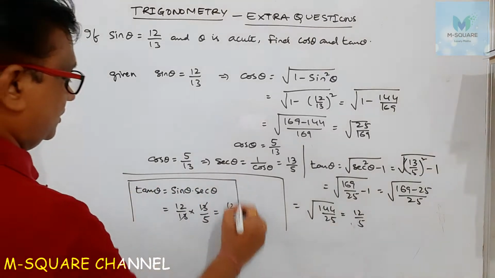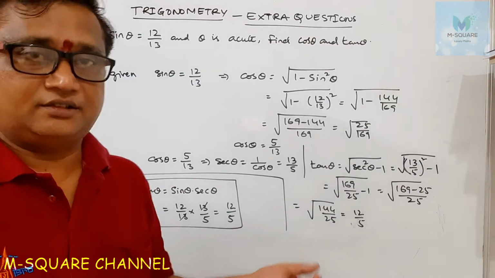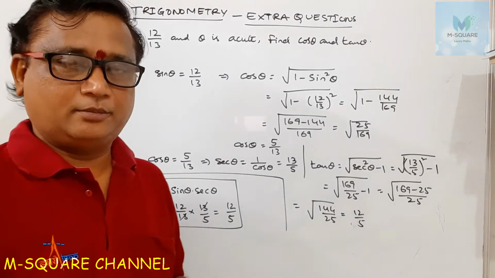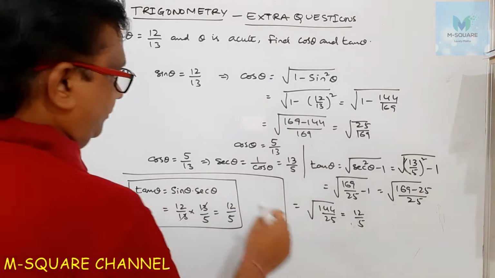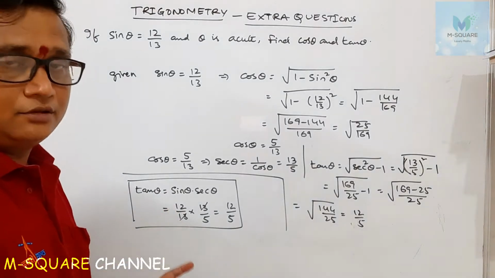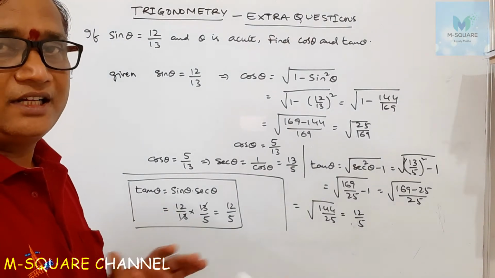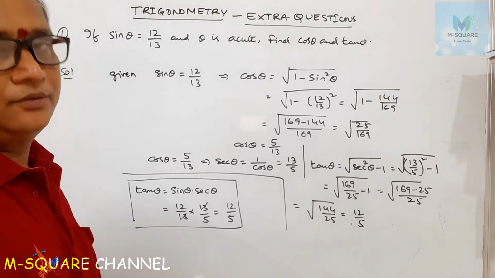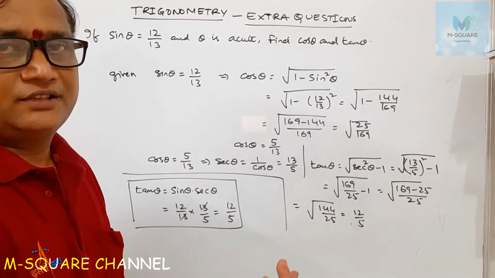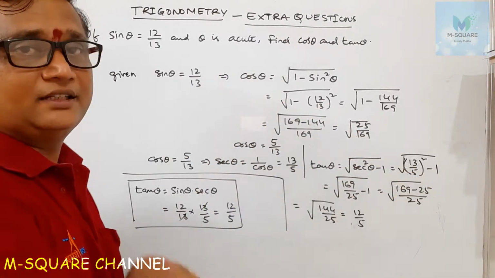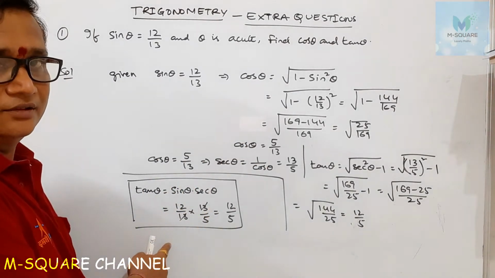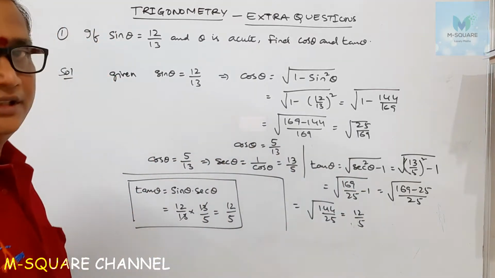Before trigonometric identities, in the last video I explained trigonometric ratios and conversion of trigonometric ratios. So if you feel this is lengthy, you can do it like this. If you know the formula, understanding of ratios is very important, the relation between the ratios and the conversion. Tan theta equals sin theta by cos theta, so sin theta into 1 by cos theta, which is sin theta into secant theta equals tan theta. If you know the conversions, it is very easy to do it like this also. Otherwise you can do the other method. Okay.